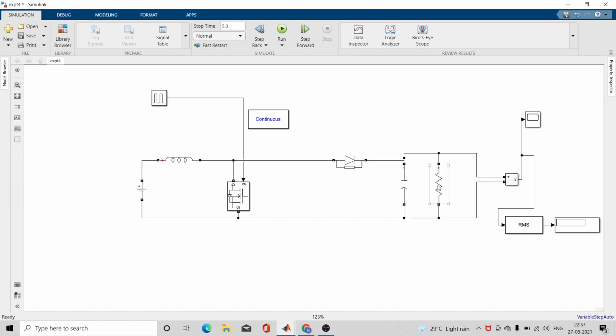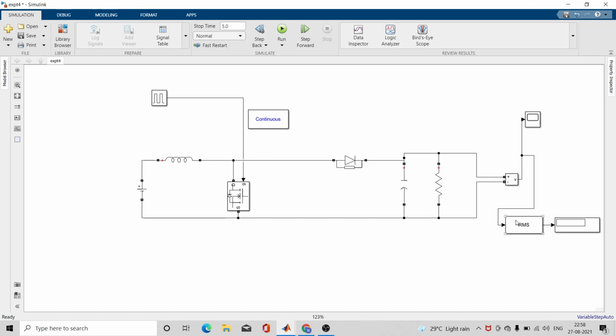This is a resistor, and this is the scope where we are going to see whether I get the same 18 volt output voltage. This is nothing but the voltmeter. This is the voltage measurement block which measures the output voltage. Just as we use a voltmeter in the real case, here in Simulink you use this voltage measurement block.